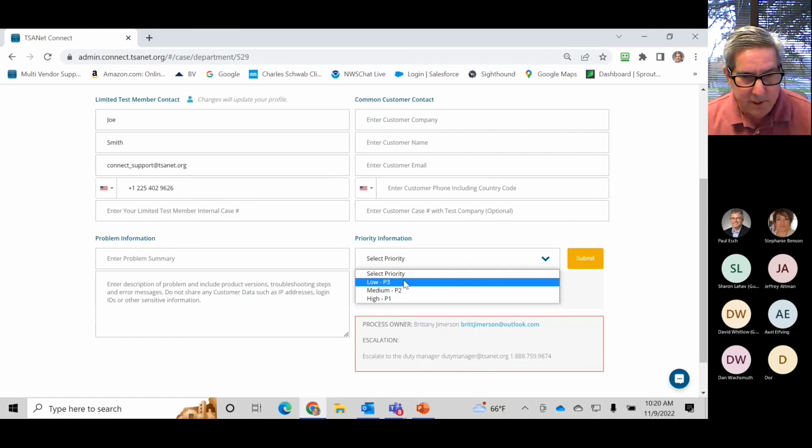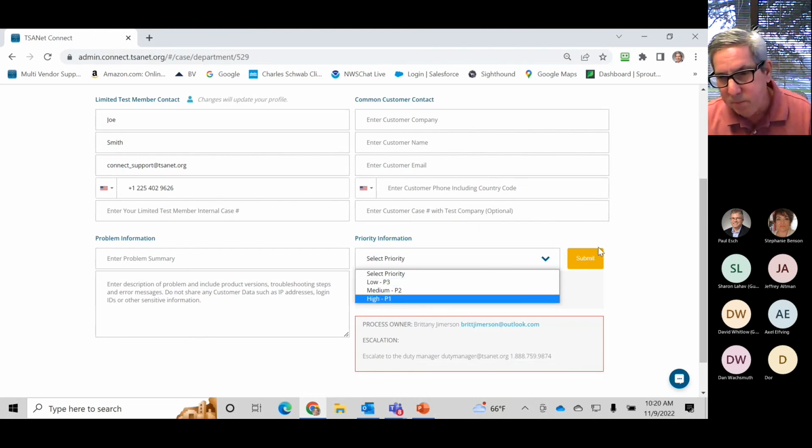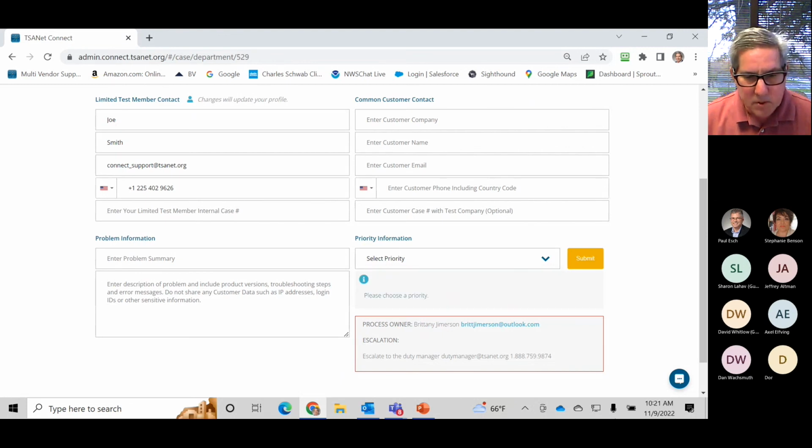So a P3, and these are all identified. They could be different depending on the relationship, but P1 is typically a 2-hour response time, a P2 is a 4-hour acknowledgement, and a P3 is next business day. And then you just submit the ticket, and it's as easy as that. Then that's going off, and that triggers the other thing that I showed you, where the engineer is going to get that acknowledgement back. The receiver is going to get the email. They're going to say, this is how we're going to collaborate with you. Those two people are tied up, and that's how it works. So it's a pretty simple process.